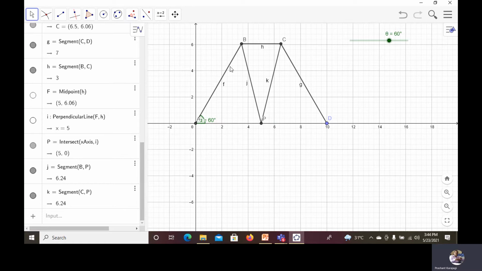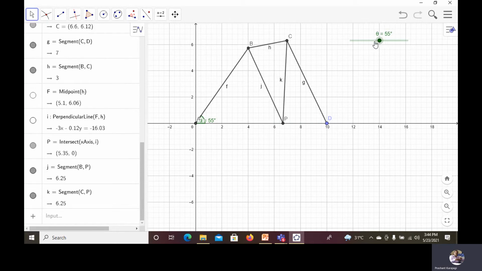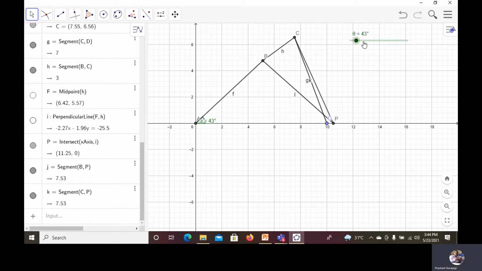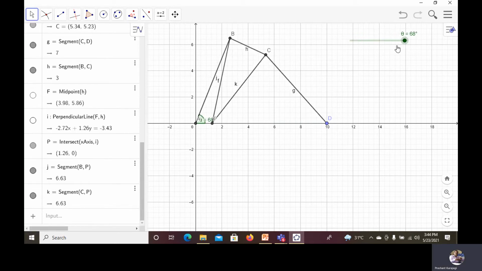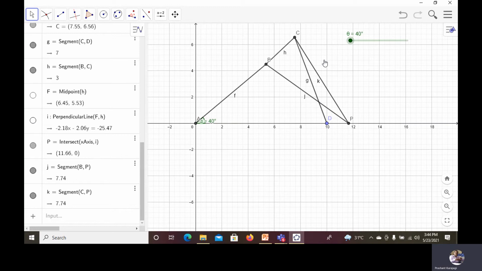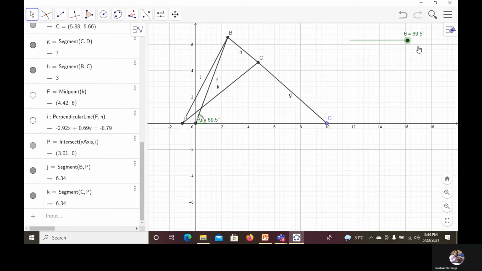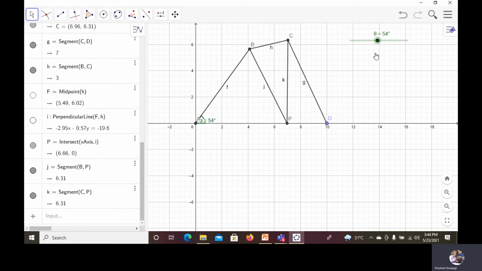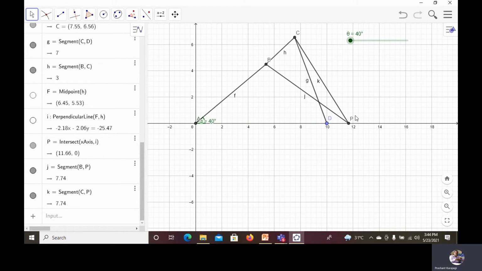I will also deselect point F. So this is our mechanism, that is Robert's straight line mechanism, which you are observing. It produces a straight line path, which is traced by this point P.